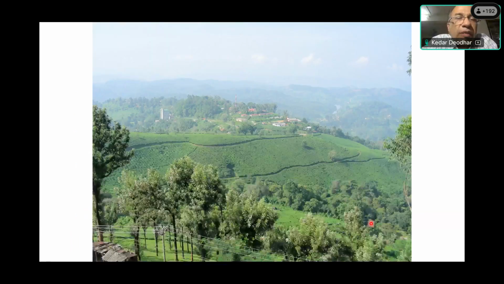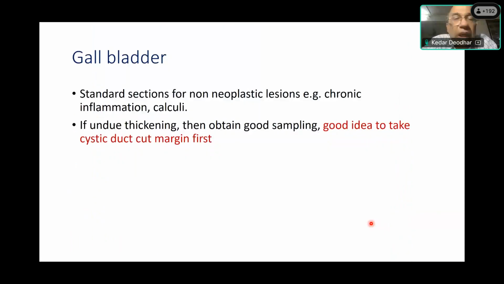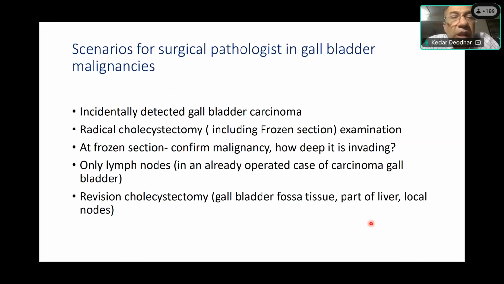Going on to gallbladder, we have gallbladder cancer resection and APR resection. For the standard sections for non-neoplastic lesions, this is a common specimen, laparoscopic or open cholecystectomy, but mostly nowadays laparoscopic. Usually for chronic inflammation or calculi, we generally take 3 sections: fundus, body, and the neck area. If there is undue thickening, please obtain more sampling. A good area to take first is the cystic duct cut margin, because if you incidentally detect any cancer, it is better to have the cystic duct cut margin blocked first, so that there's no chance of